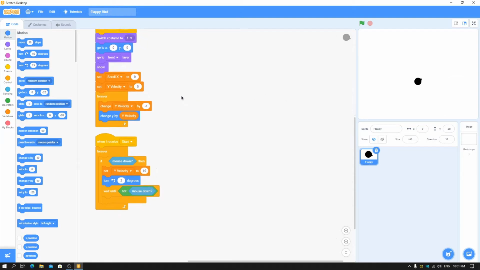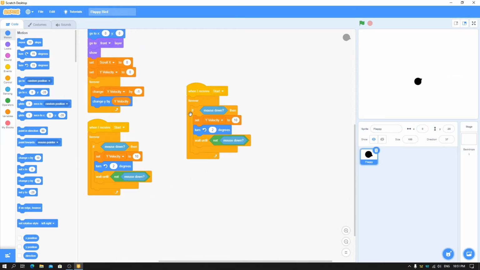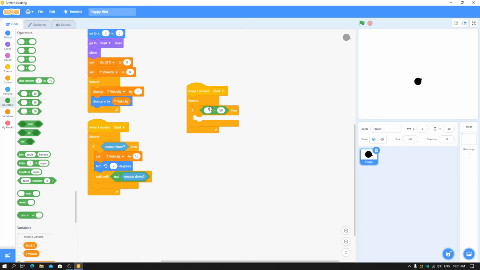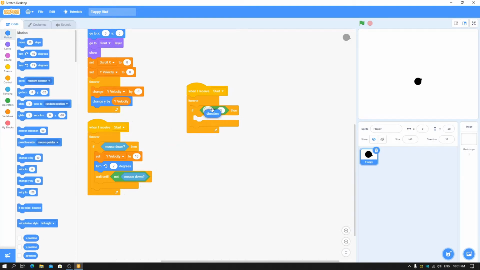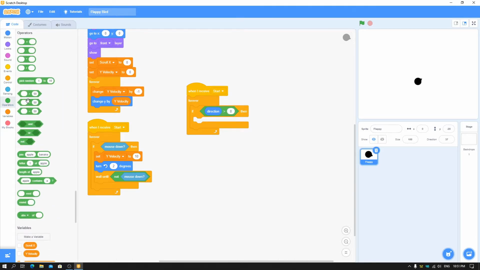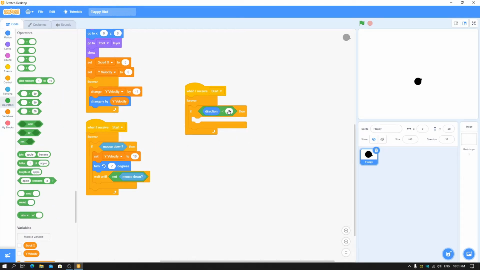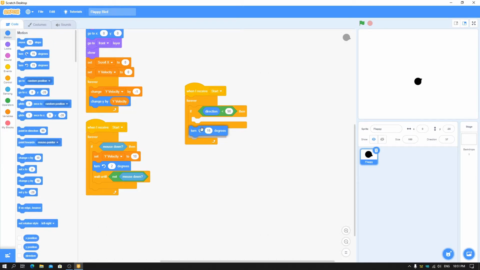So I'll duplicate this, forever if, remove this script, then make here a greater-than check. If direction is less than 90, then it will turn 1 or 2 degrees if you want.